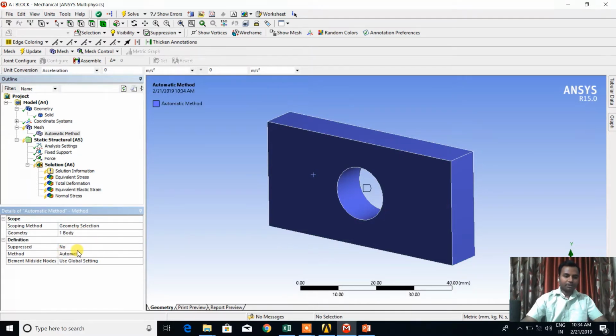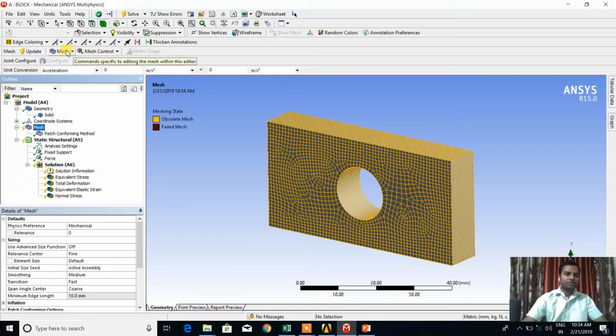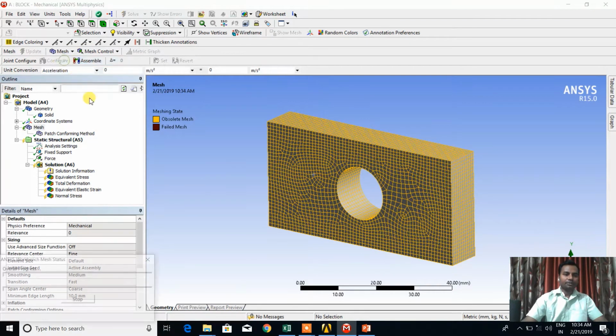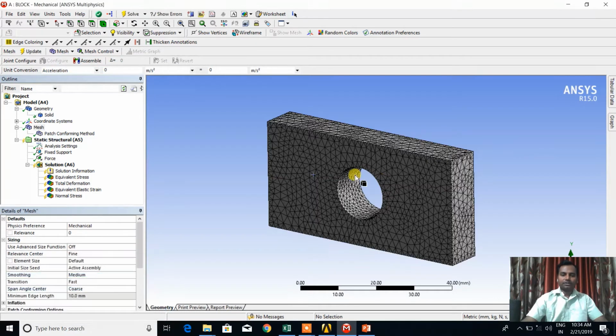Instead of automatic, you can select tetrahedrons. In that case the elements will be tetrahedrons; then click on mesh and generate mesh. The element type will change. Now it is shown as triangular, which is nothing but tetrahedral elements. Before that it was shown as hexahedral elements.